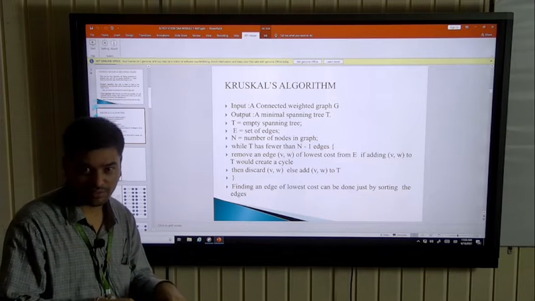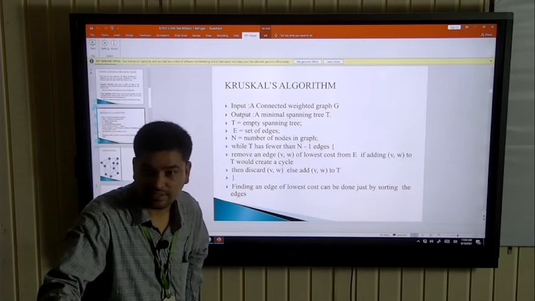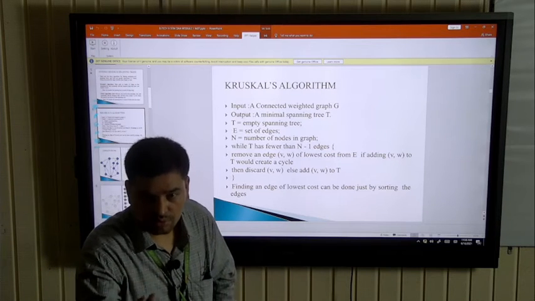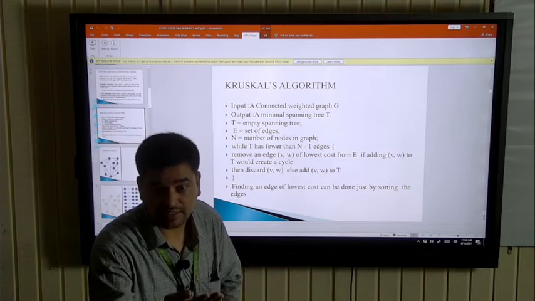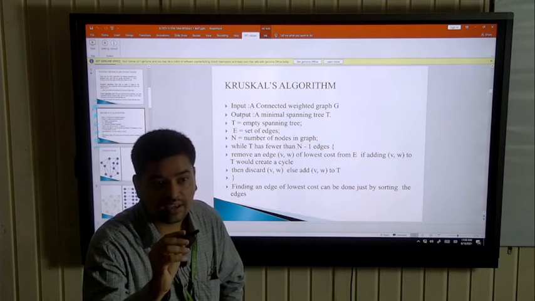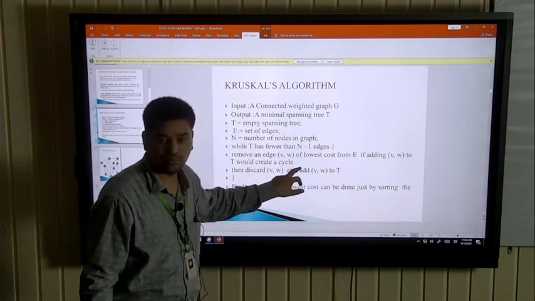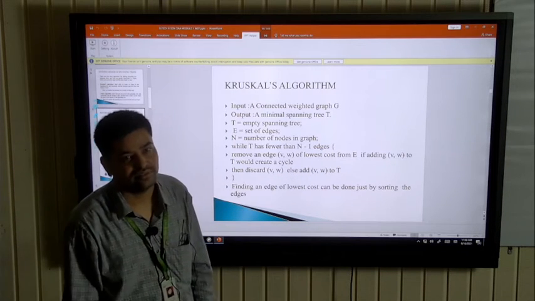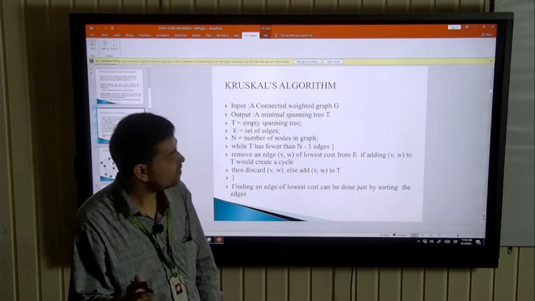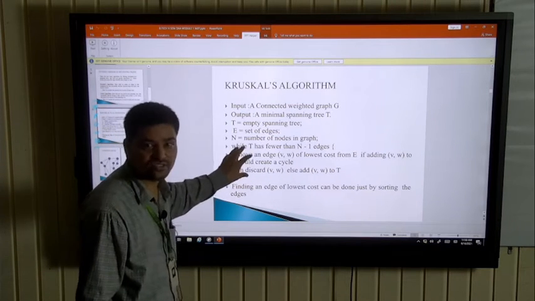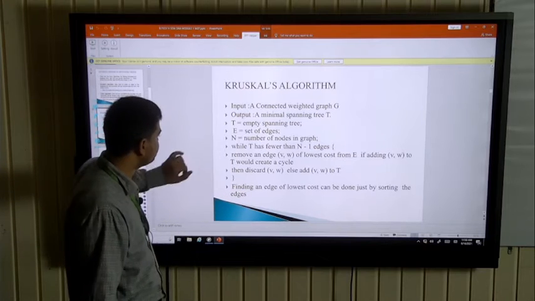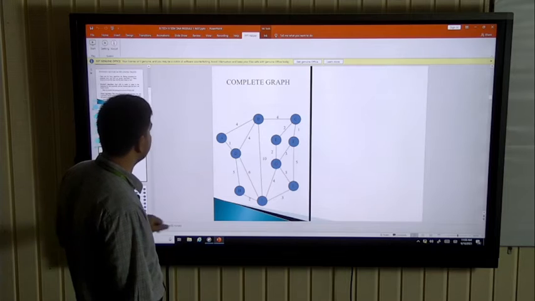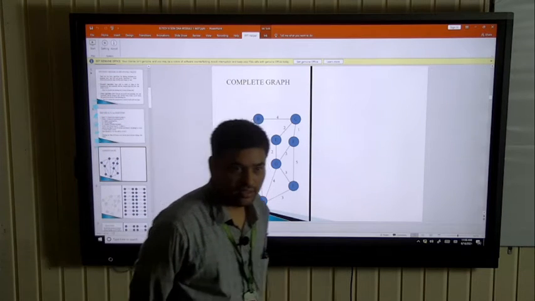This is an edge. The definition of an edge: an edge connects two nodes, two vertices. So an edge is V comma W, connecting nodes V and W. It's called an edge. Now we understand these lines 3 and 4 through an example.